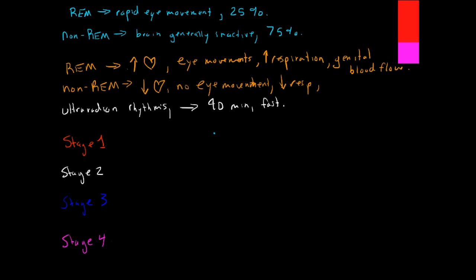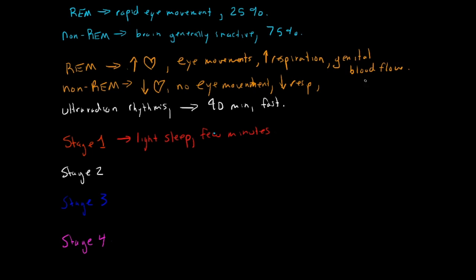Okay, so stage 1 is typically the shortest of all these stages. It's kind of transitional sleep. The EEG alpha rhythms are relaxed and starting to become less regular, and the eyes make slow rolling movements, and it's the lightest stage of sleep. So I'm just going to put light sleep. What else should I put? You're most easily awakened during this state. It typically only lasts a few minutes. I'll put that. A few minutes. So that's pretty much it for stage 1.